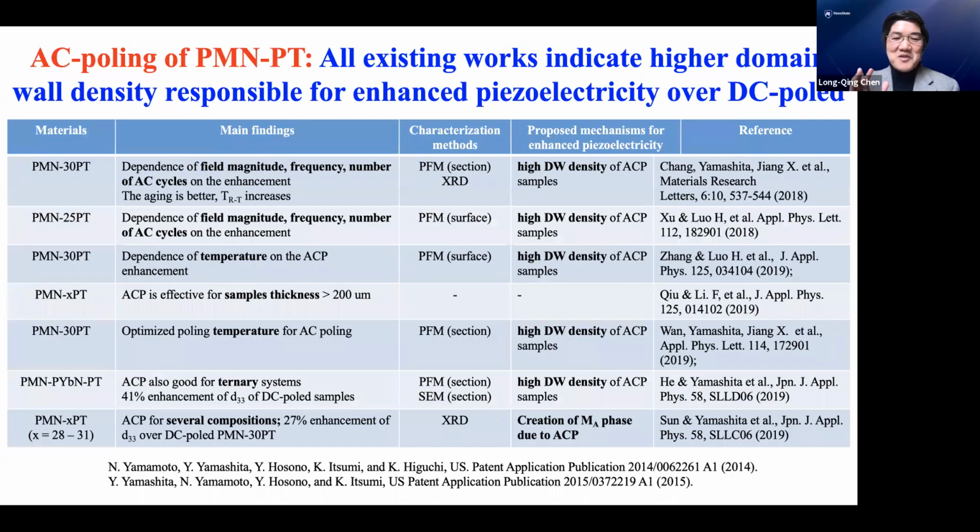And actually I can show you many, many more examples right here. A higher domain wall density is responsible for the enhanced piezoelectricity over DC poled crystals. So all the AC poling, going back and forth with the electrical field, all it does is increase the domain wall density or make the domains smaller. So what we do is say, hey, what happens if we just put it on a computer? The computer tells us whether, if we do AC poling, the domains will actually become smaller